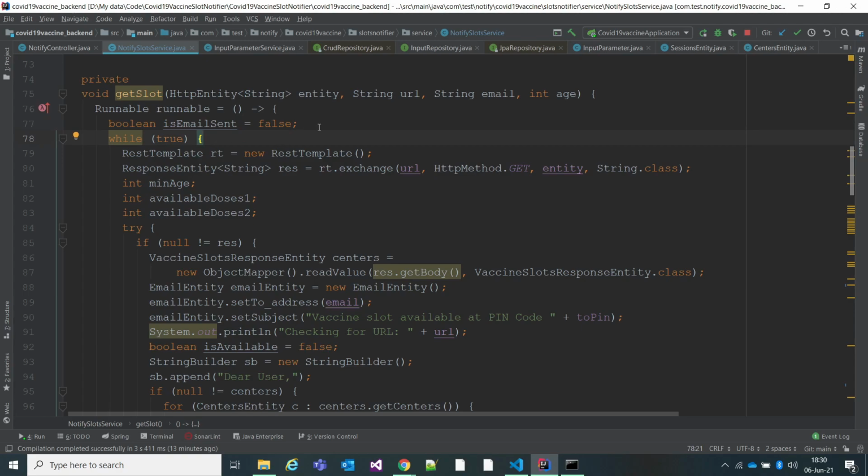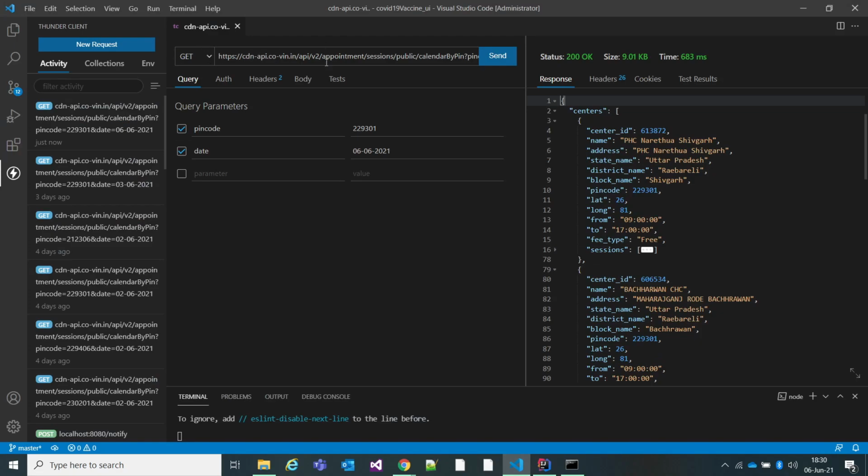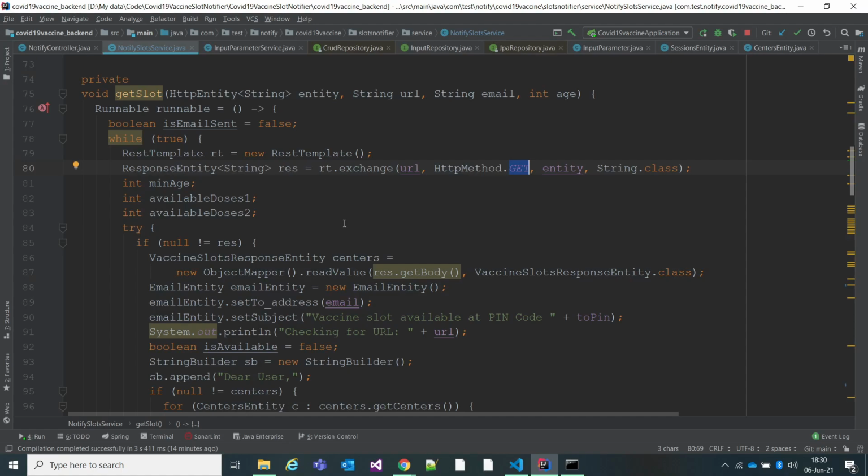Okay, I'll get the details, what are those, below. Create a while loop. Create a REST template. What is this REST template? I'll be using it to call the URL we have defined, and the query will be a get query. So see here, it is a get query by passing this URL. So call restTemplate.exchange with the URL, the type of the request, which is a get request, the entity you have passed as an input, and how you want the response. I just want it as a plain string.